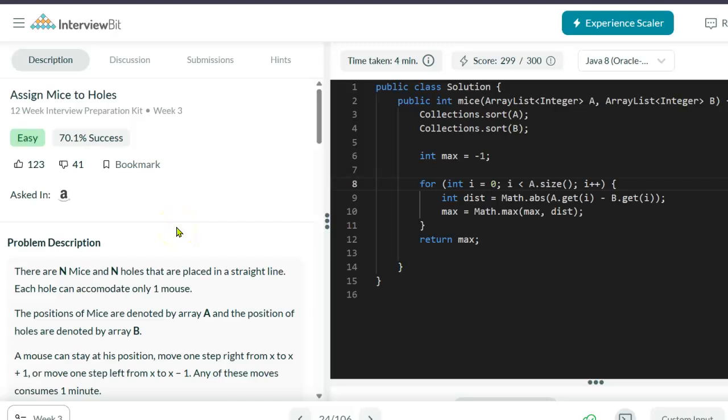Today's problem is assign mice to holes. This is on InterviewBit, so pause the video, go over to InterviewBit, try this problem, and then come back and we'll walk through it. This is rated as easy,